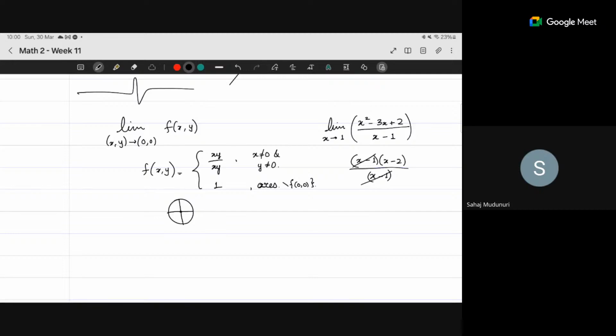Okay. Got it, sir. Sir, but I did not understand the last piecewise function that you wrote. What was the motivation behind it? Okay, fine. Let me just do this. If you want to say that I want to find the limit of this function xy by xy, is that what you are saying? Yes, sir. As xy goes to 0 0,